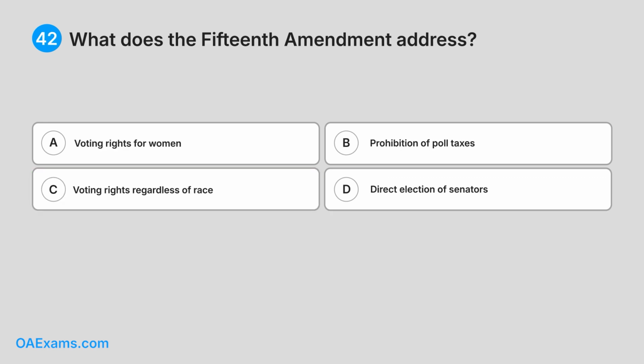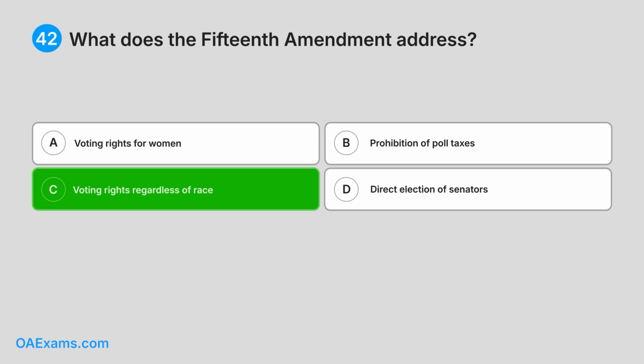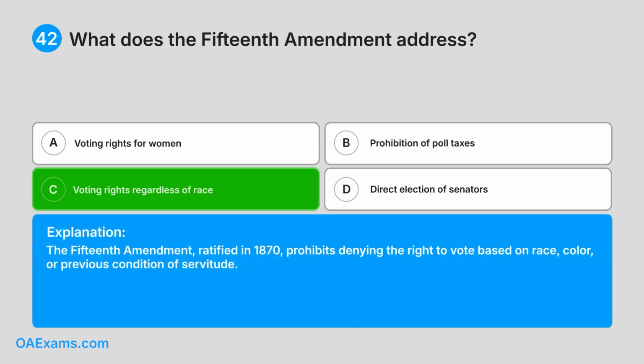42. What does the 15th Amendment address? A. Voting rights for women. B. Prohibition of poll taxes. C. Voting rights regardless of race. D. Direct election of senators. Can you guess the answer? Correct answer: C. Voting rights regardless of race. Explanation: The 15th Amendment, ratified in 1870, prohibits denying the right to vote based on race, color, or previous condition